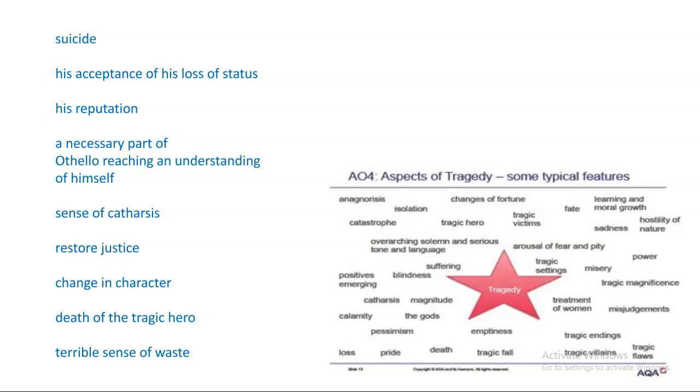I've already covered that with reputation, but we could add there that perhaps there would be some positives emerging from this. Catharsis, I think, speaks for itself and ties in with the bottom idea on here, the terrible sense of waste. Restoring justice ties in with the misjudgments that have been made, particularly around the treatment of women. It also ties in with learning and moral growth. And finally, positives emerging. And changing character I've addressed, death of a tragic hero I've addressed with suicide. But you can see with these phrases, I'm absolutely showing my marker that I'm rooted in tragedy and the conventions